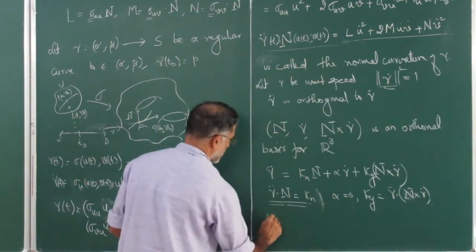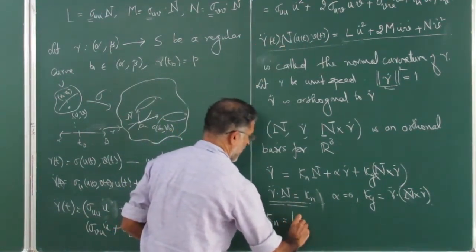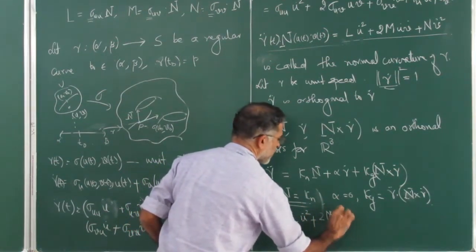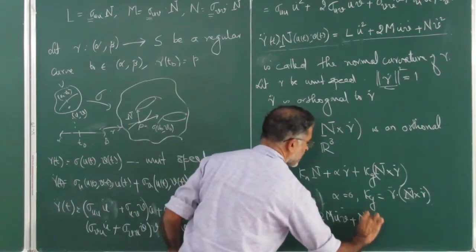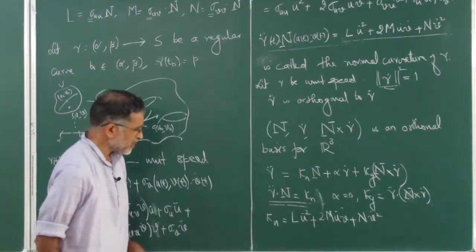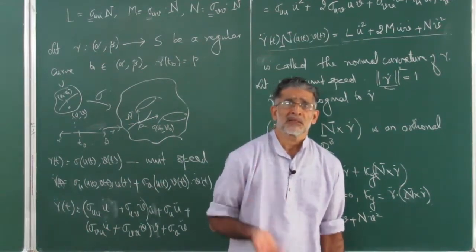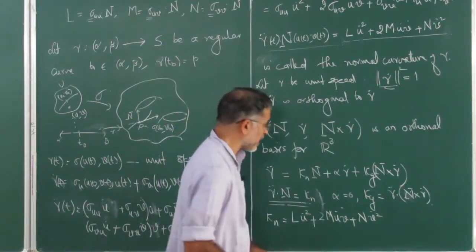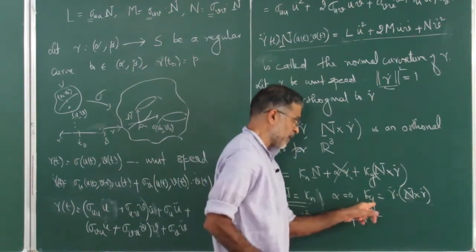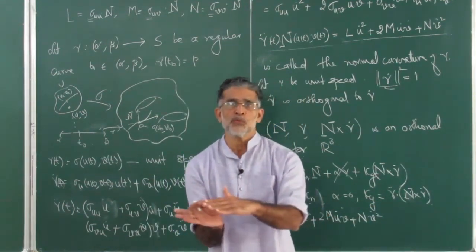And what is that? Kappa n, we have gamma double dot dot n, we have already said that is going to be L u dot square plus 2M u dot v dot plus N v dot square. So this also somewhat indicates how the surface moves up and down. You know, when you travel, see, there are two ways. There is something, this is anyway always 0. This term is not there. But there is a reason why this is called Kg. That is, when you are traveling, you move left and right.